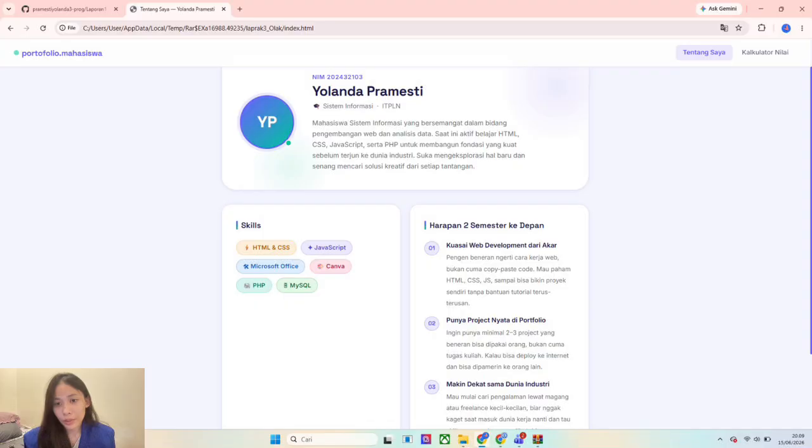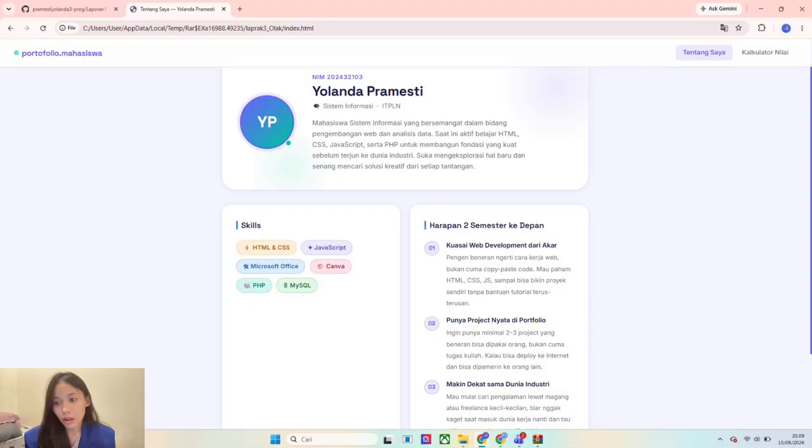At the top of the page, there is a navigation bar containing the website brand and two navigation links: About Me and Grade Calculator. The navigation bar is designed as a sticky navbar, meaning it remains visible even when users scroll down the page. This improves accessibility and user experience.